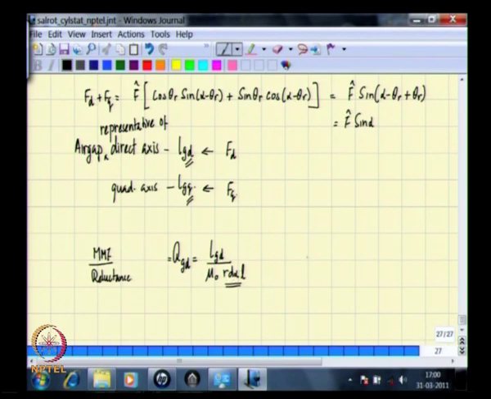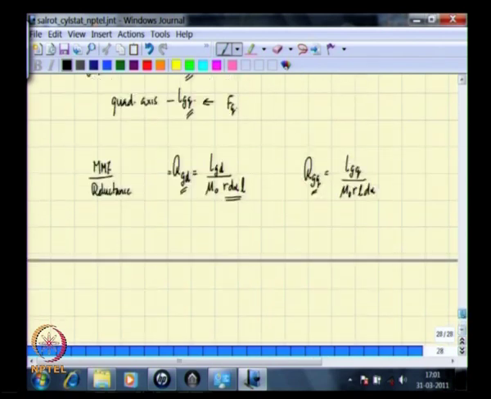Similarly, you would have Rgq, which is given by Lgq divided by mu naught into r L d alpha. Note that the difference between Rgd and Rgq arises due to the air gap only, otherwise the rotors are of the same dimension, the two equivalent cylindrical rotors, only the air gap is different. So, this helps us to write down the flux that is generated